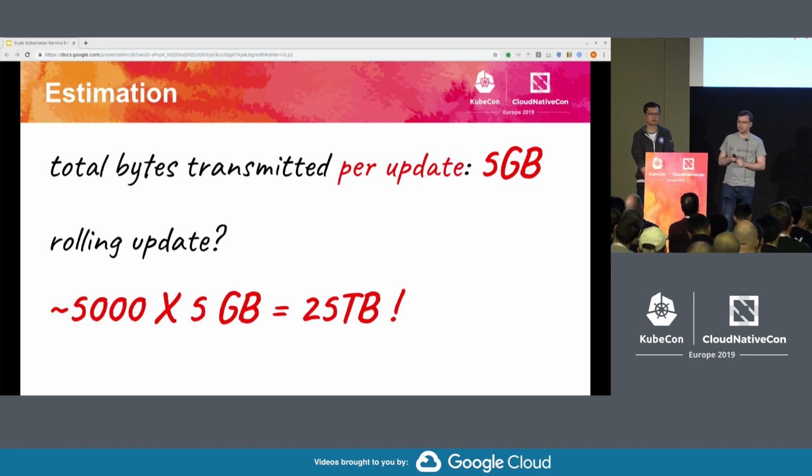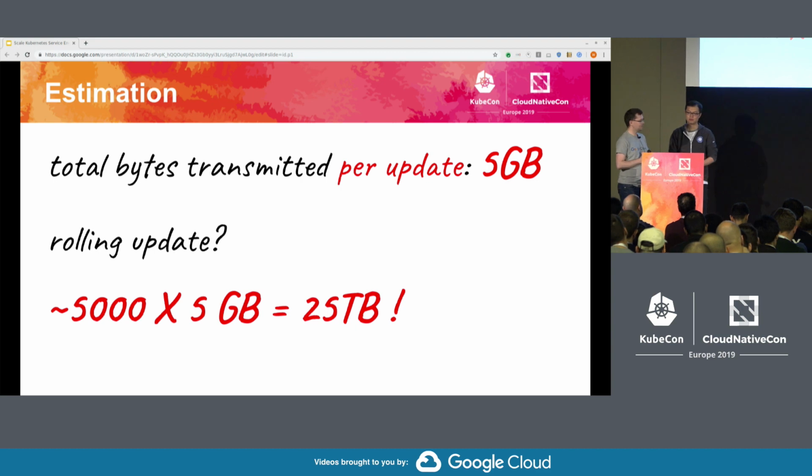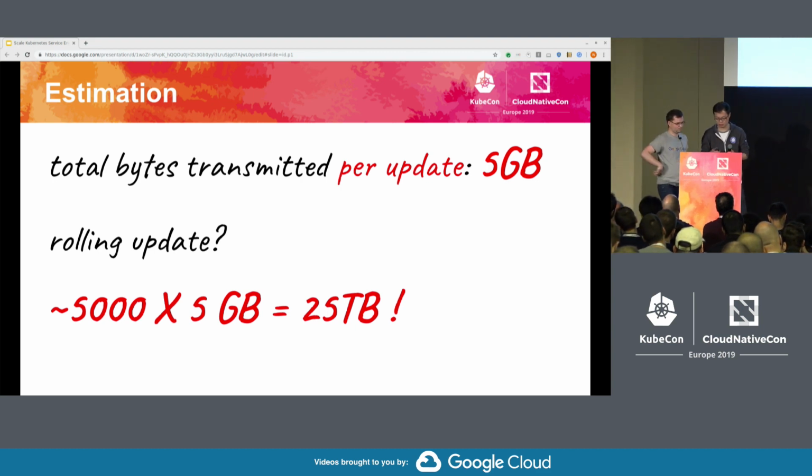So I think it's pretty clear now what scale we are talking about and what problems we are facing, and it's pretty clear that in order to get to higher scale, which Minhan will be talking about now, we need to do something here. So I'm handing off to Minhan now.